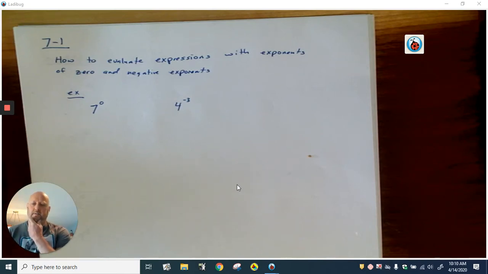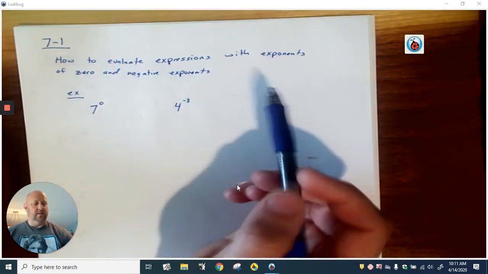Today I wanted to start chapter 7. Chapter 7 is all about exponents. So with exponents, what we end up having is a whole lot of rules of ways to deal with different things we see. Today we're going to talk about